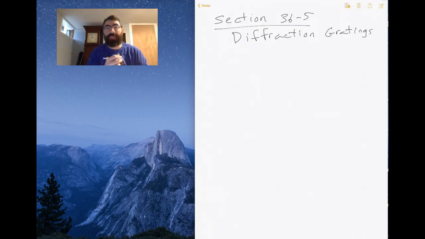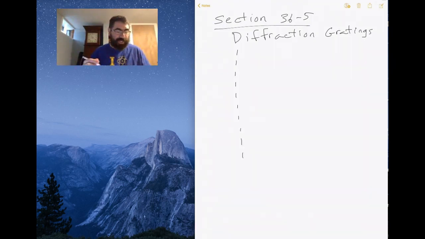Where you basically take something like, I don't know, a microscope slide, you paint it black, and then take a razor blade and just cut hundreds of parallel lines inside that to make a diffraction aperture with many, many slits. So basically what we have is we have just taken the double slit experiment and multiplied it by hundreds or thousands. So you have all these slits right here,